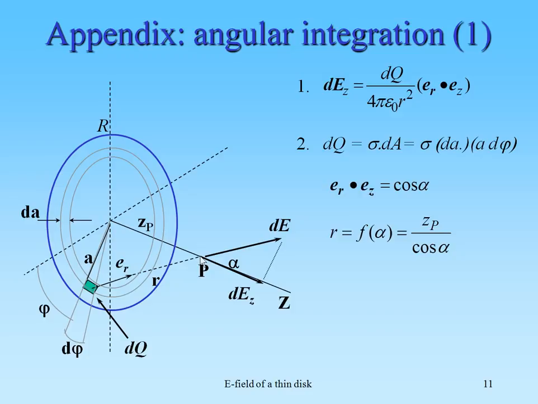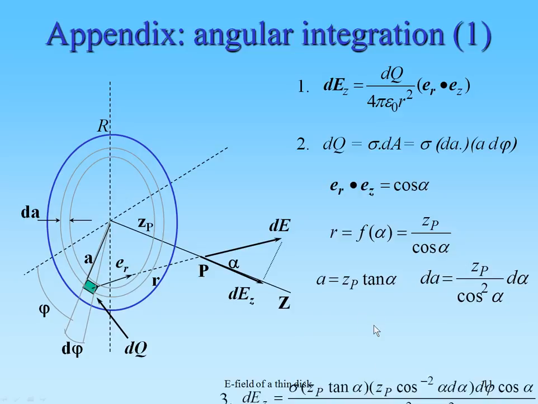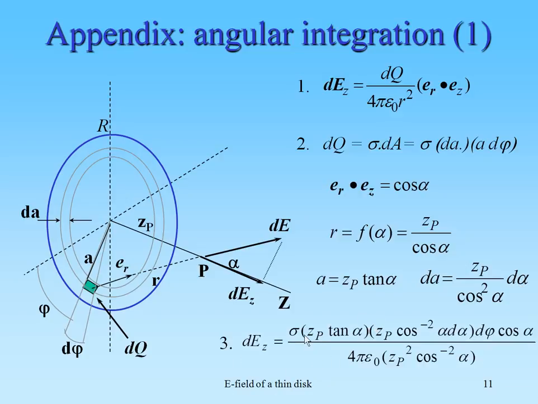Zp over cosine of alpha. Alpha is this angle here. And a is zp times tan alpha. This means that dA is zp over cosine squared alpha d alpha. Insert, then we have this expression here. This is a, zp times tan alpha,